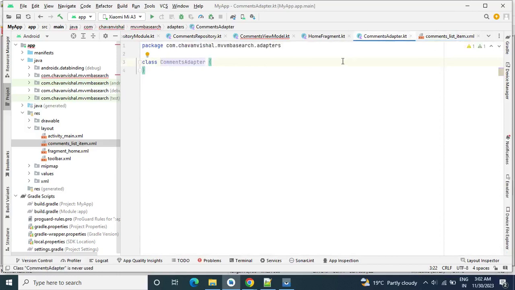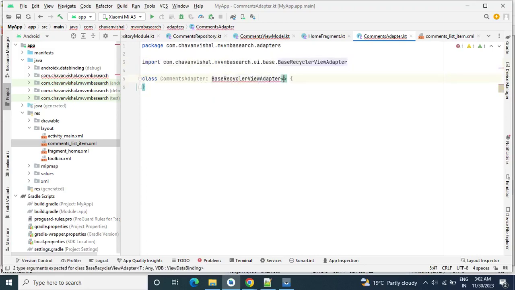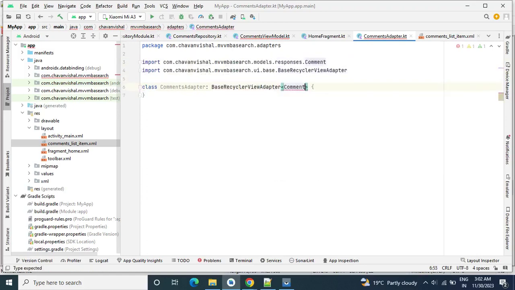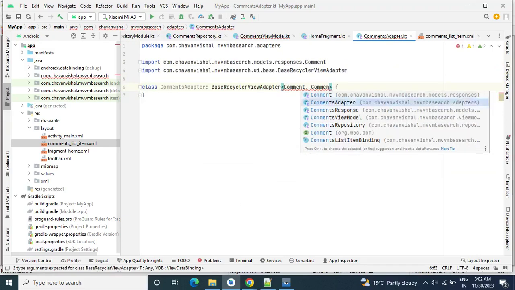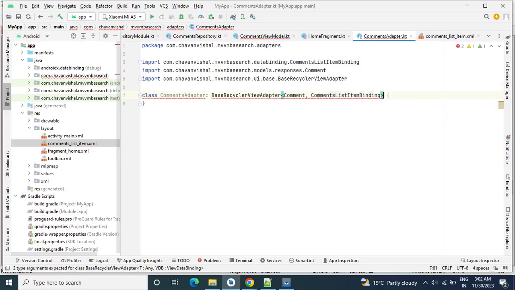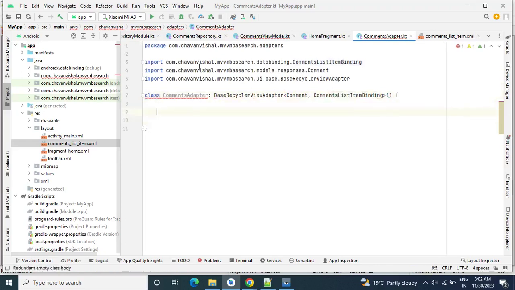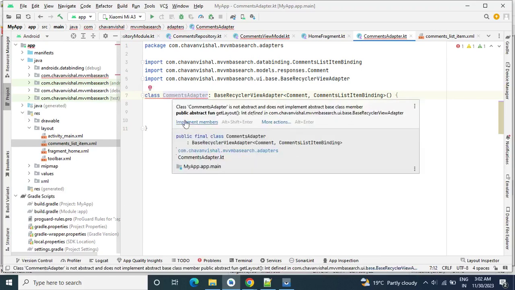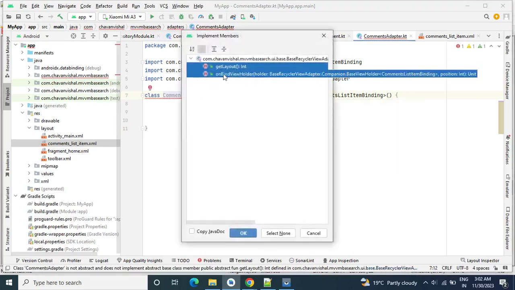This is our recycler view adapter. So let's extend this recycler view adapter with BaseRecyclerViewAdapter, and here we will pass our model class as Comment and CommentListItemBinding. Okay, so here we need to implement some methods, implement members, getLayout and onBindViewHolder.